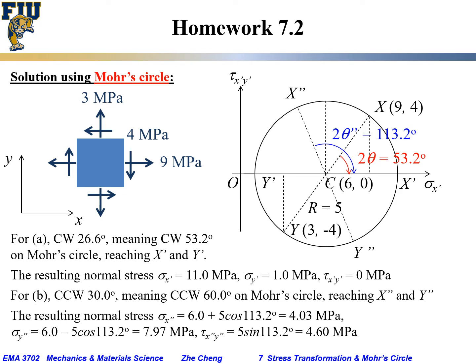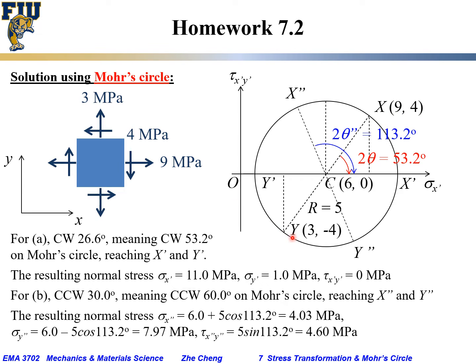Similarly, you can solve the problem using Mohr's circle. Again, this is your original stress state. We start with the original stress state, and we can get the coordinates for the correlated points. This is 9, and for Mohr's circle, this is trying to rotate clockwise. It would be